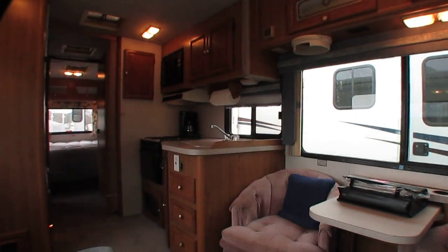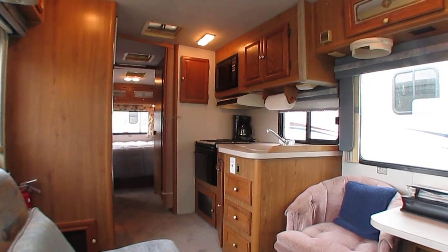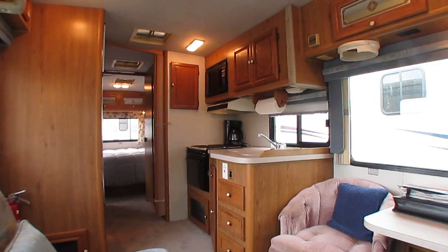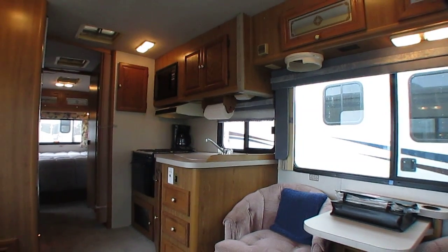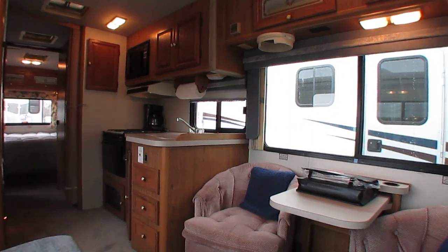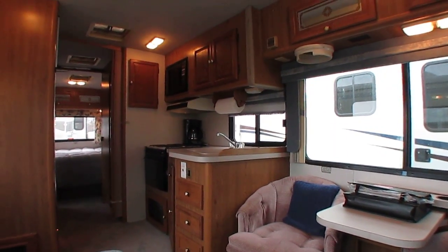But, you know, we do take trade-ins, $10,995. We'll trade, haggle-free, firm, non-negotiable. I'm not going to take a dime less for it. And, you know, if you ever wanted an older motorhome that's got a lot of character, that's just in amazing condition, here it is. Give us a call,